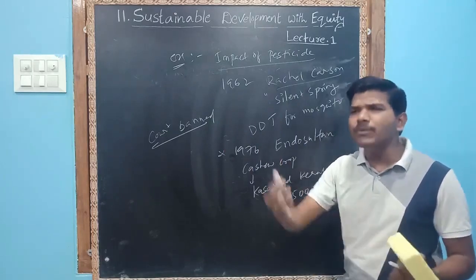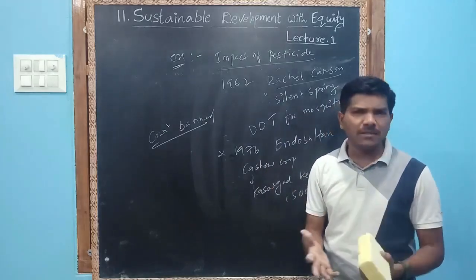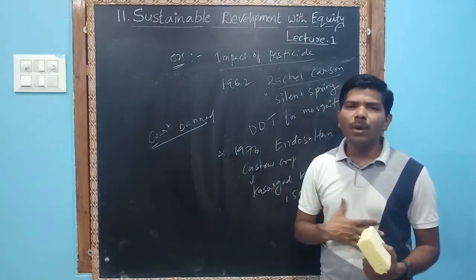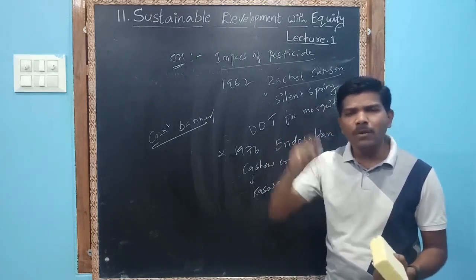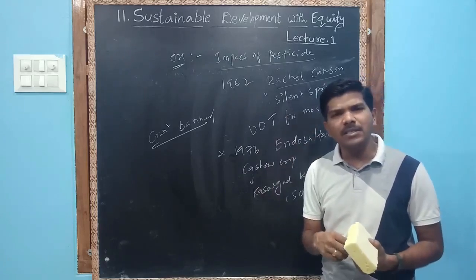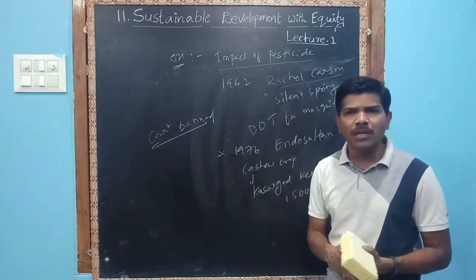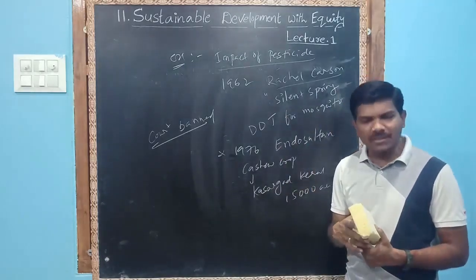Whatever we are eating now, these are all pest-controlled food. If we eat that, our liver may be damaged, our kidneys may be damaged, heart problems will come, hair will turn white at an early age, and there will be no proper growth in the body. There are so many problems with the use of chemical pesticides.